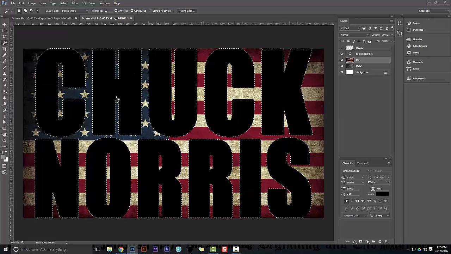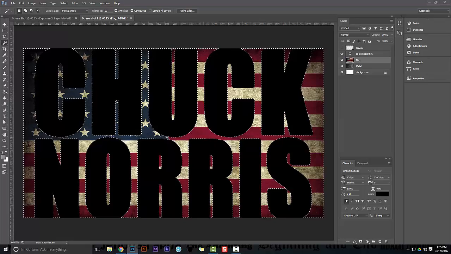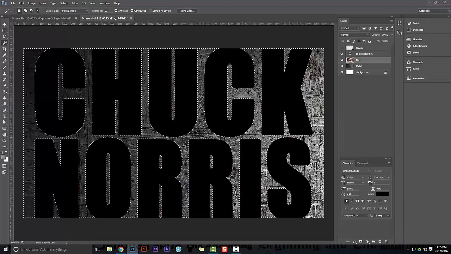So I still have that selection, and now I'm going to do something called Control Shift I, which is a hotkey to select the whole inverse of the selection. So basically, all the areas that aren't the letters Chuck Norris, I'm going to select. Again, Control Shift I. Now I've selected everything else, and if I hit delete there, it looks like the flag